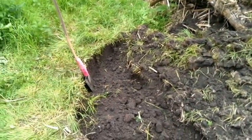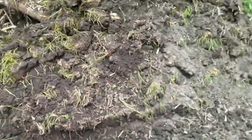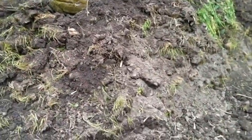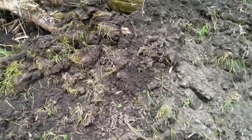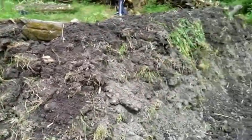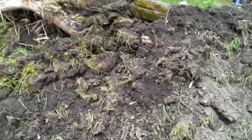Okay, this is Saturday morning. This is the day after last time. So, just so you can see what I'm doing here. This side is mostly straight, and it stayed straight mostly because I decided to step out here a bit further to make the bed less at an angle and more of a sunny bed in the south side here, and not so vertical here like it is in the middle there. So I started to make it extend out further, which meant